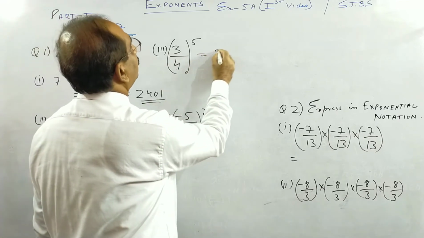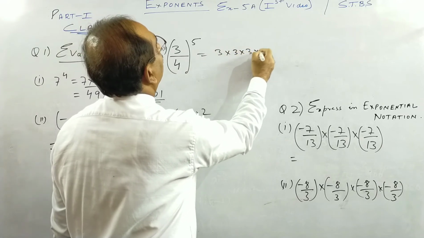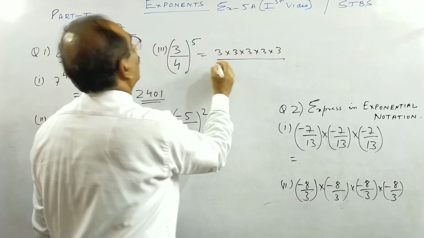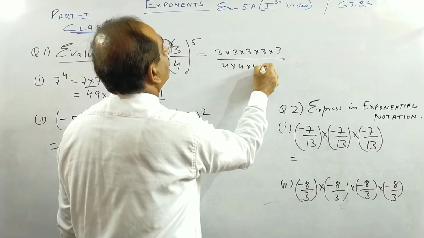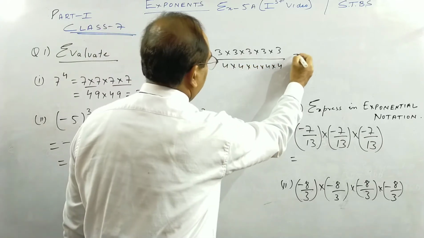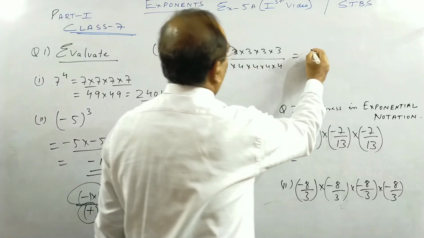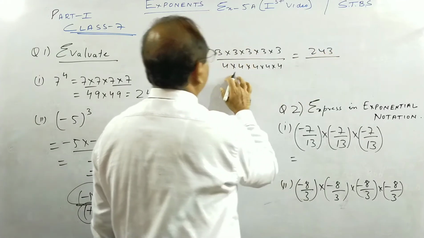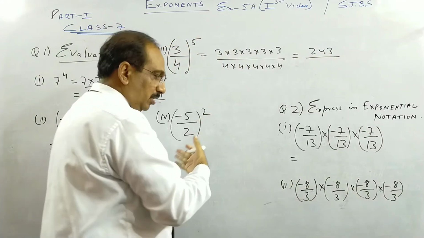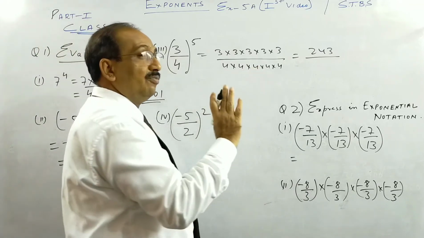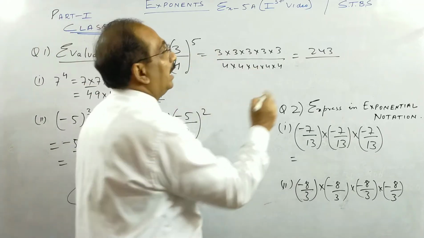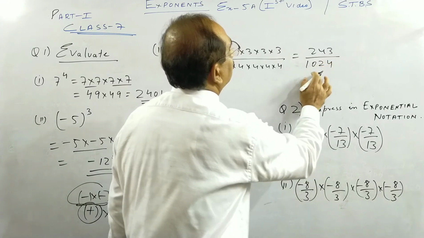This one. 3 multiplied with itself 5 times, and 4 multiplied with itself 5 times. So this if you multiply, children, you will get 3 3s are 9, 3 9s are 27, 3 27s are 81, 3 81s are 243. So this you will get 243, and this will be, children, as I told you, if you learn, this is 4 to the power 5, which is the same as 2 to the power 10.